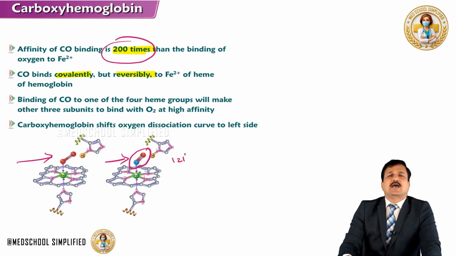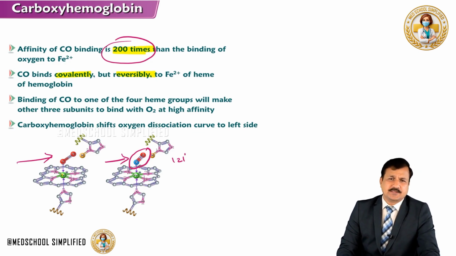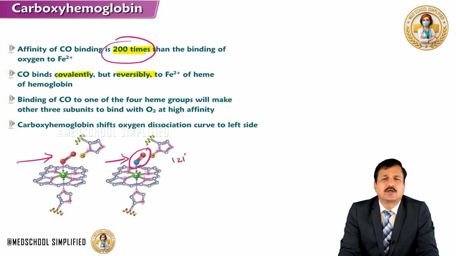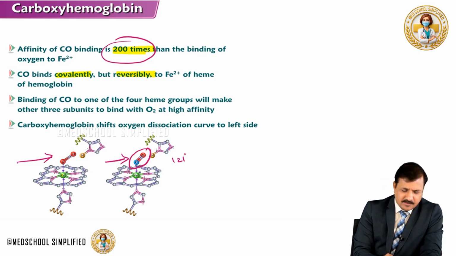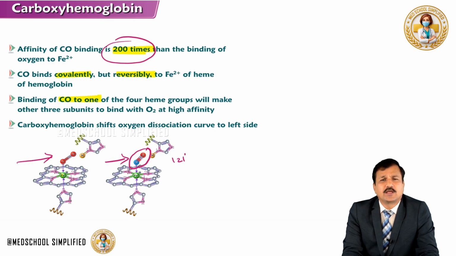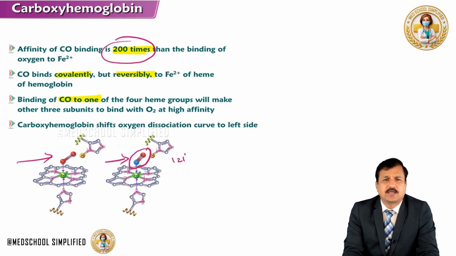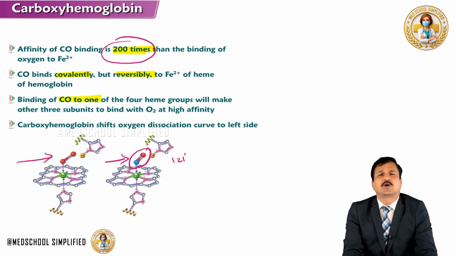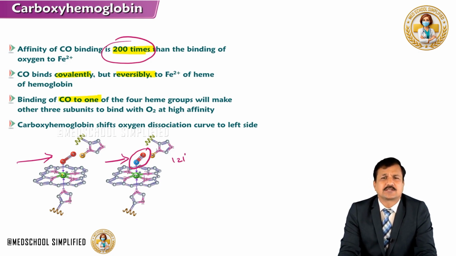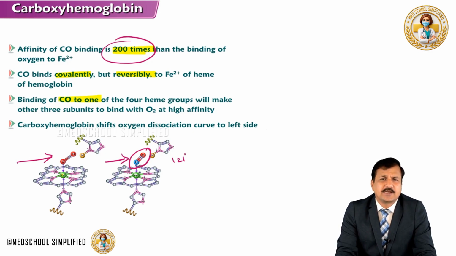Now, what actually happens when carbon monoxide binds to heme of hemoglobin? Binding of one carbon monoxide molecule to one of the four heme groups available in a hemoglobin molecule. As you know, hemoglobin has 4 subunits. Each subunit has one heme group. So that means 4 oxygen binding sites are there in a hemoglobin molecule. So carbon monoxide, by competing with oxygen, is going to bind to one of the 4 binding sites of